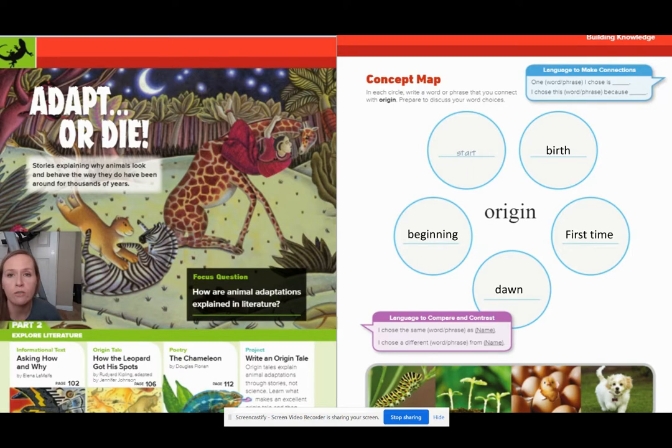What I want you to do in your forms this week is be thinking about, what is an origin tale that you've heard of? What's an origin tale that you know about? And there are so many. I could probably tell you pretty much every Disney movie that you've ever seen has had an origin tale. Also, pretty much every comic book character. So I want you to think about an origin tale that you know. And this week in your form, I want you to fill in, what is an origin tale that you have read about, seen in a movie, seen in a cartoon, or read